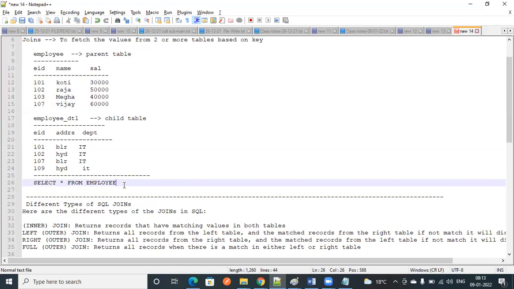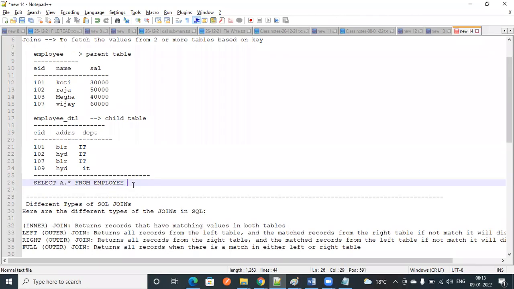Again, how can I write it? I can give alias names, so a dot star. You can give any name here.